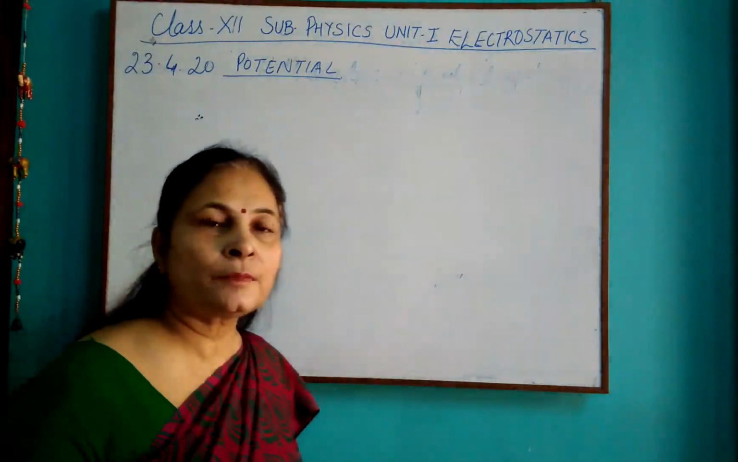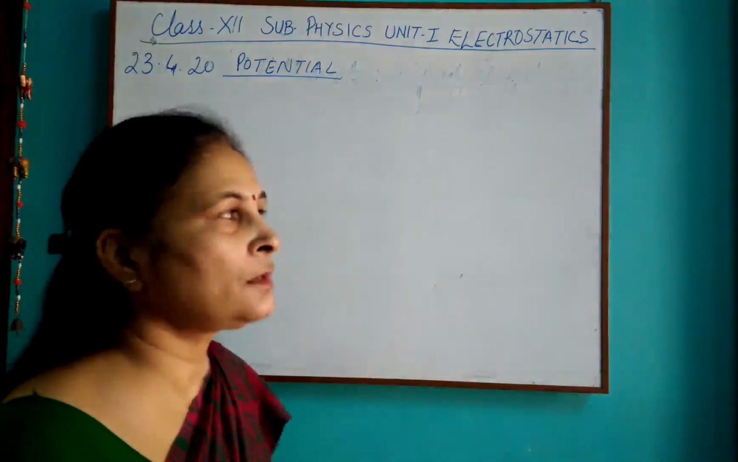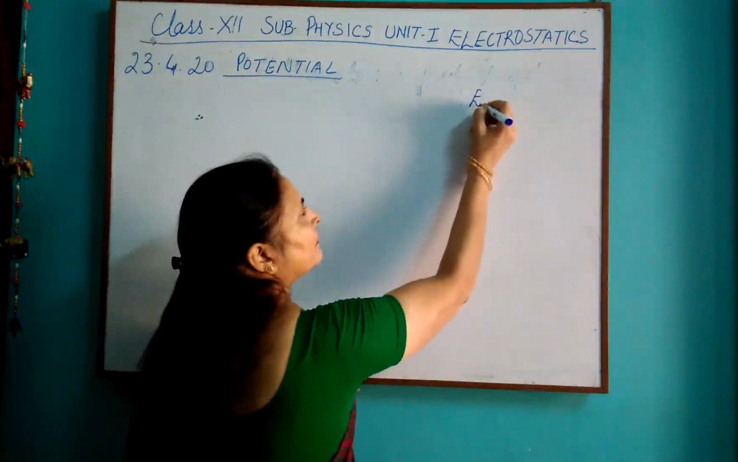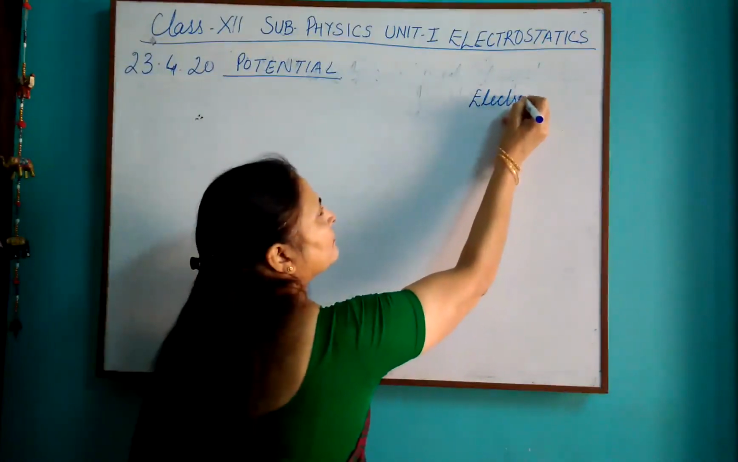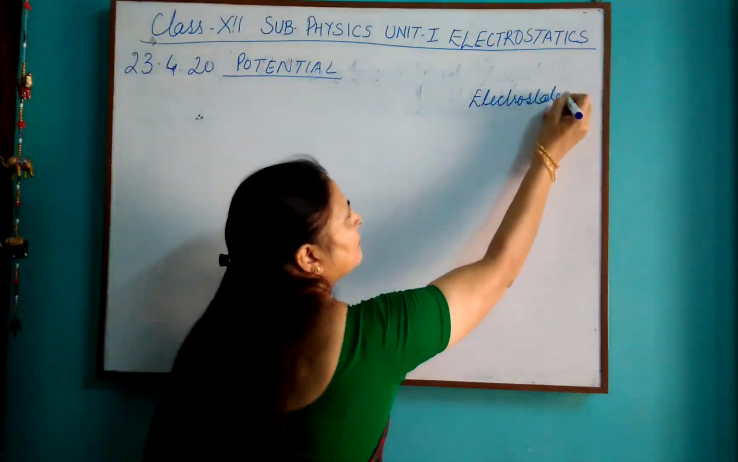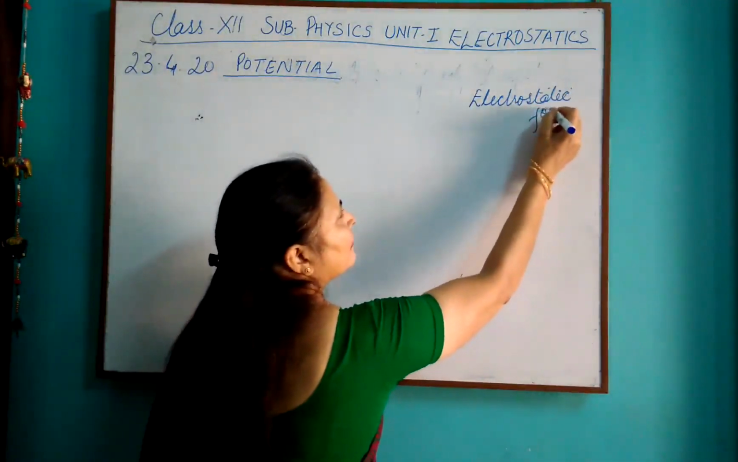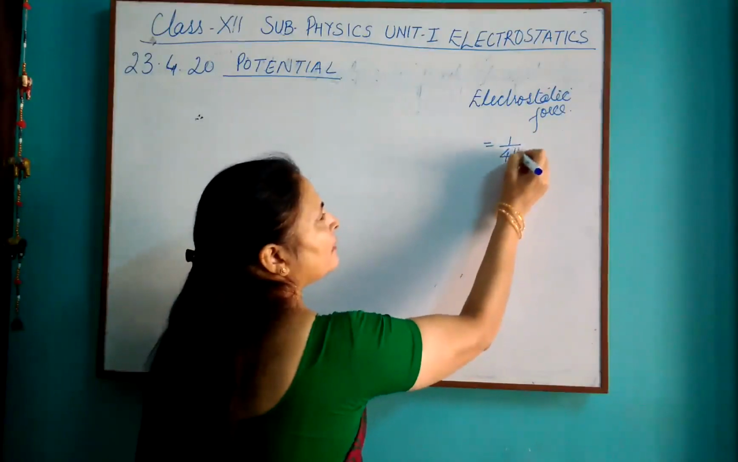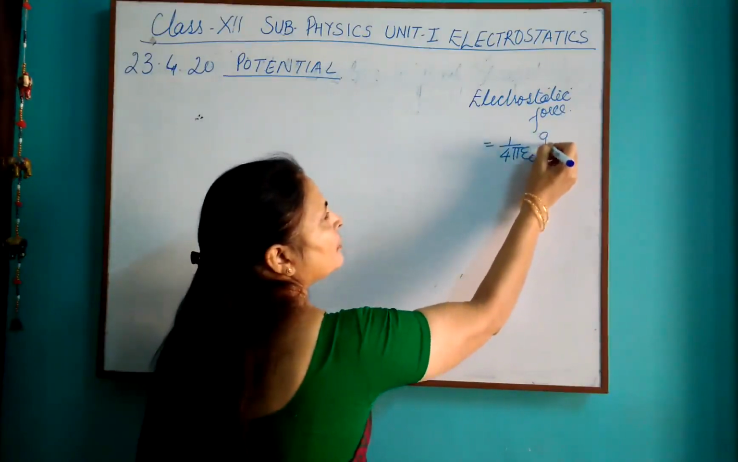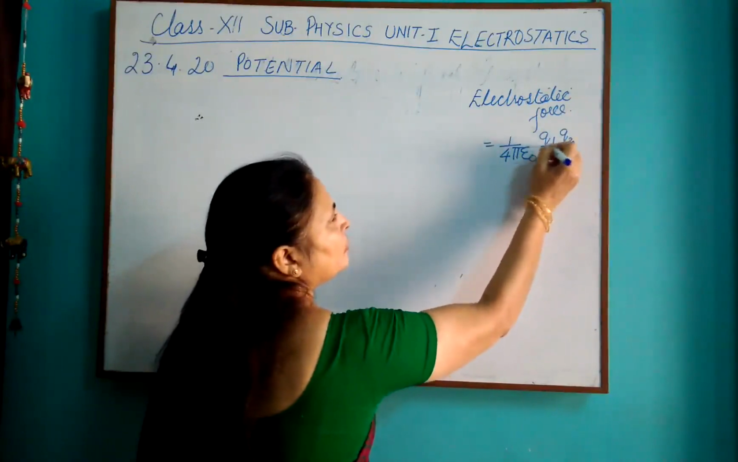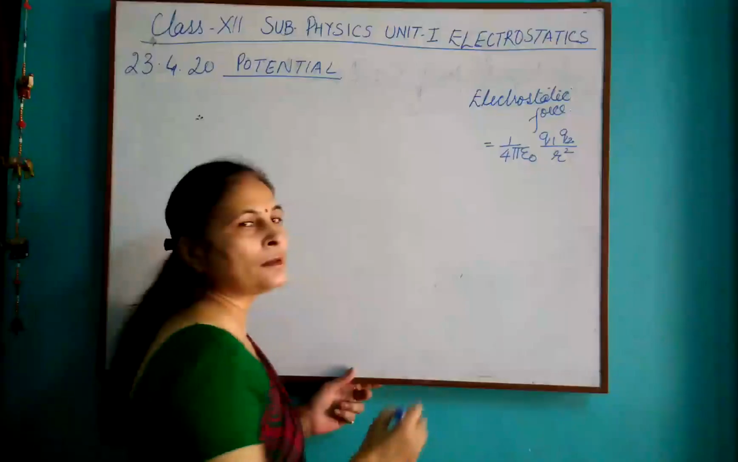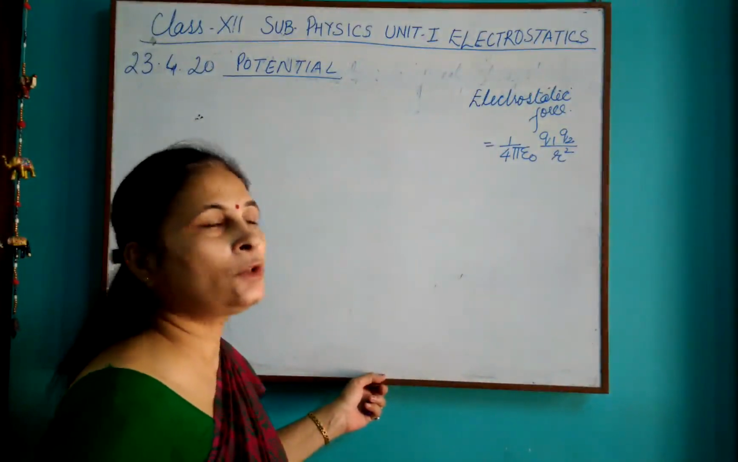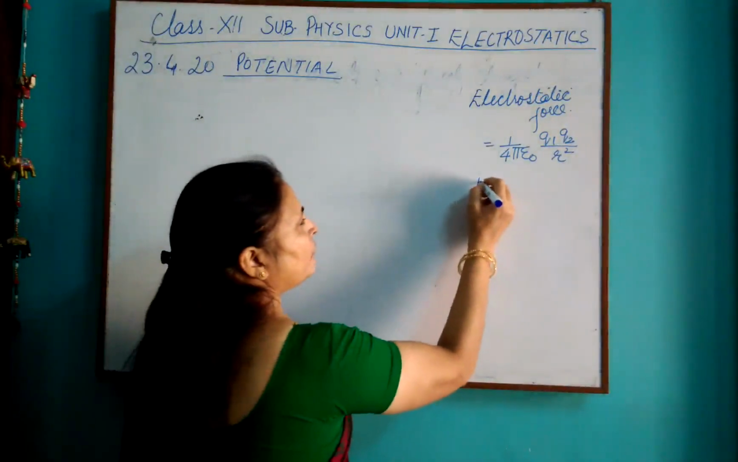The two phenomena which are associated with the static point charge. One was electrostatic force, for which we got the formula, according to Coulomb's law, 1 by 4 pi epsilon naught Q1 Q2 upon R square. Then we found out electric field due to a static charge, which was equal to